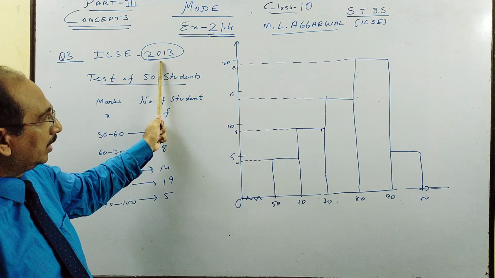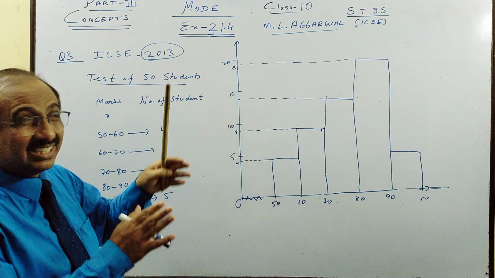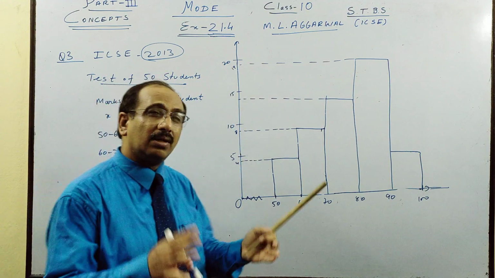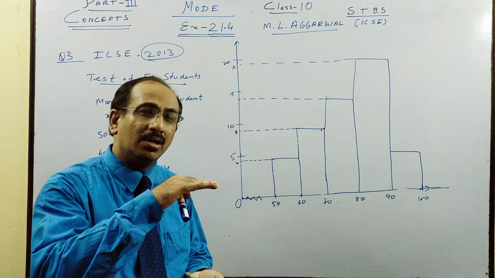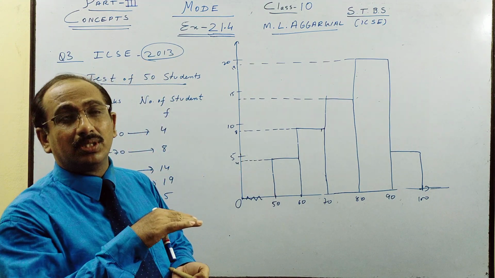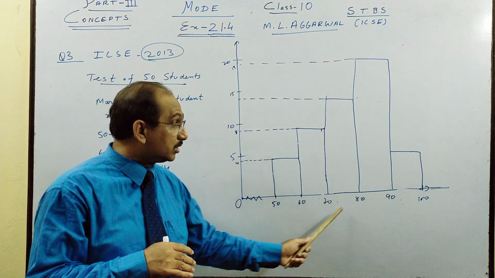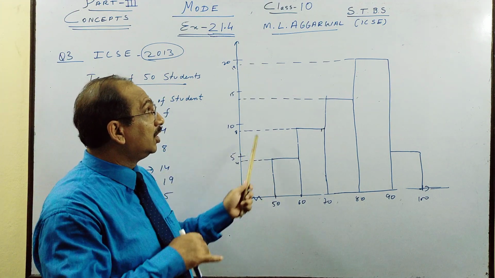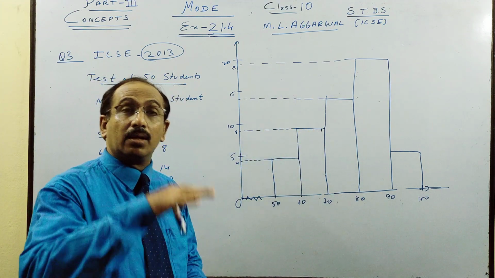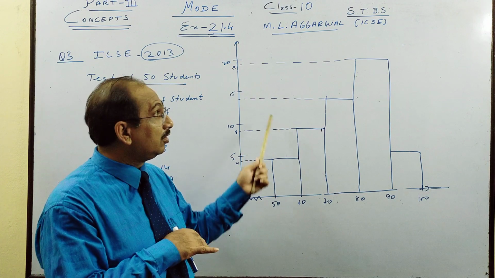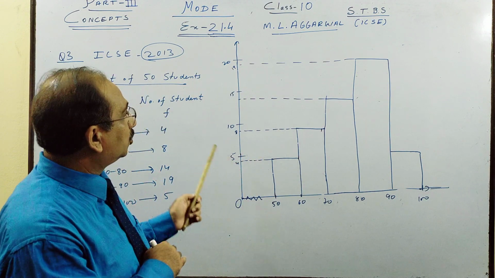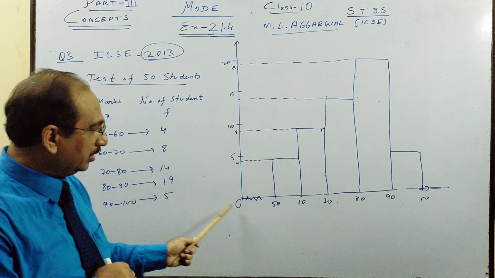This is an ICSE question. So here it is up to 20. See, that graph is spread out. Sometimes I see children, full graph paper, graph is less than half of the page. Double the scale. So scale, you have to use your common sense. You get a big histogram, you get a big ogive in median, then your answer will be more accurate. So you need to practice with different scales.